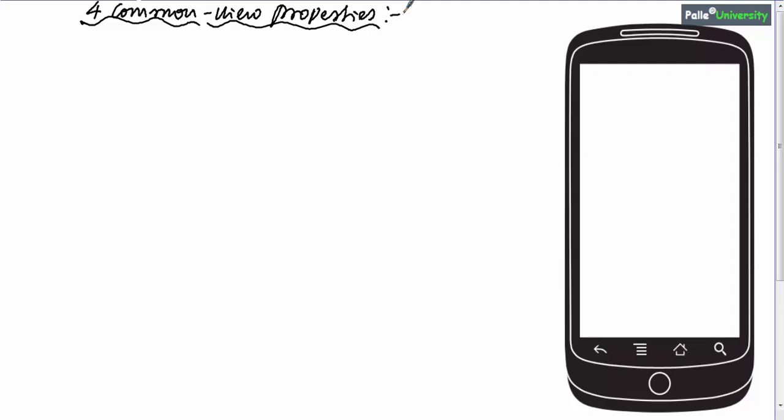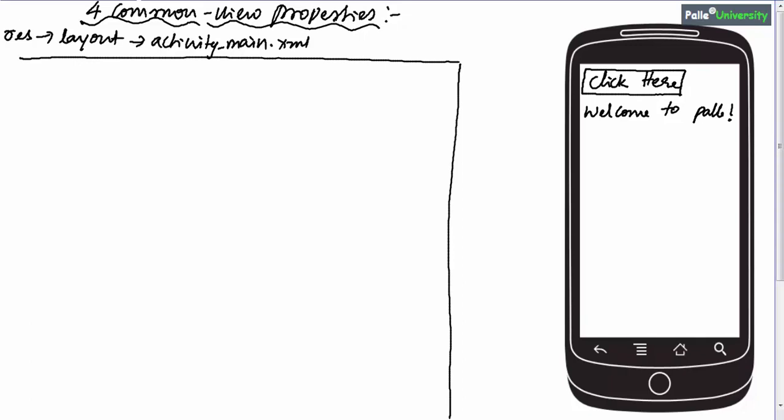I will revise one more time those 4 basic common properties by taking one example. Let us say this is my screen which contains 2 views. First view is button which displays click here. Second view is text view. Now we know that screen designs will be done in the resource folder and in the layout folder with an XML file. Now imagine that our XML file will look like this,